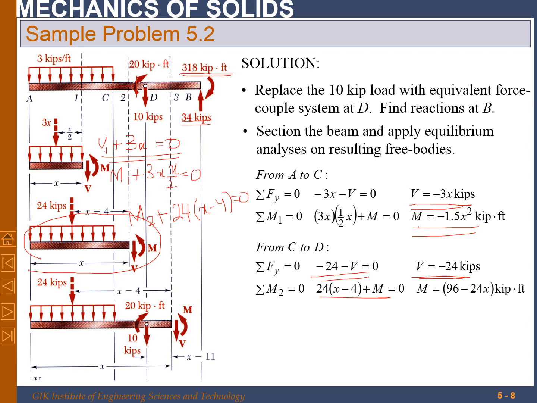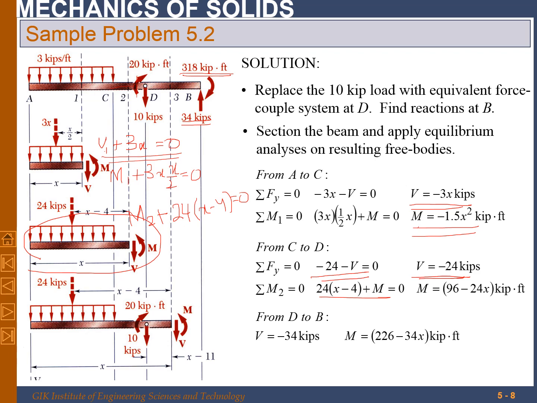Okay, and for the last section, let's take a section just after D, between B and D. So drawing the free body diagram, the expression for V is 34 kilopound, and M I can write as 226 minus 34x kilopound feet. How do we obtain it? We obtain it simply,